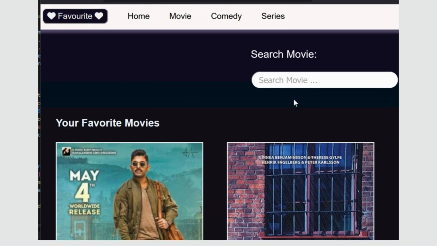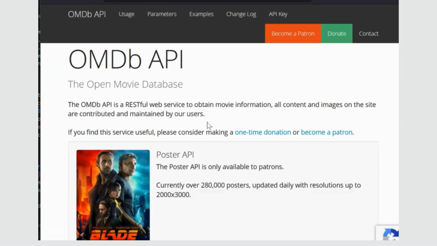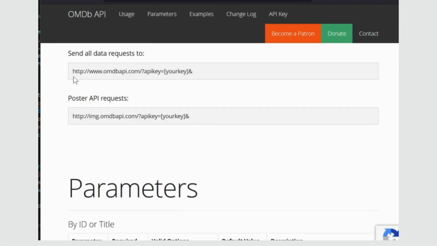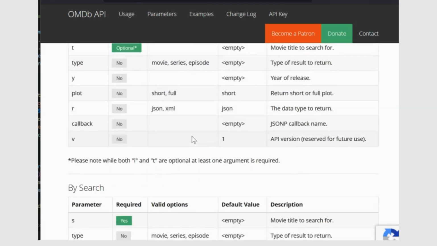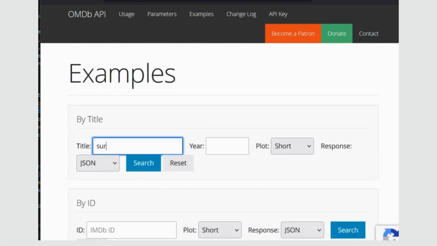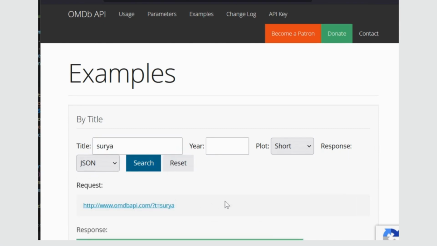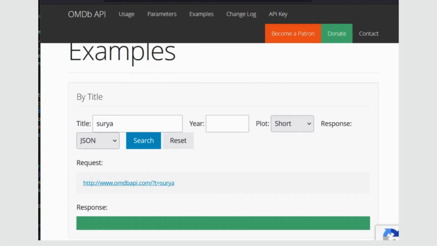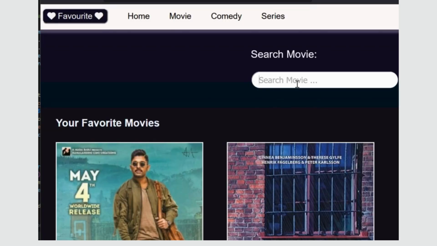All this data is fetched dynamically from the OMDb API. Here you can log in, and this is called a data request through parameters, search and title. So you can fetch it from the API. All the data is fetched dynamically from the API. Now next,